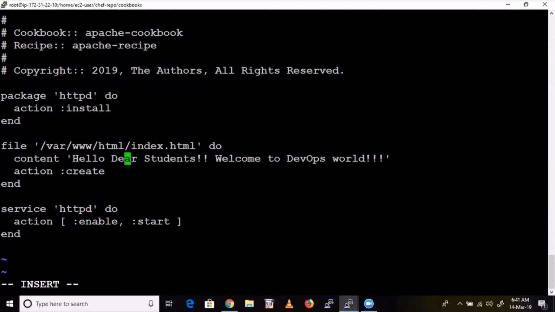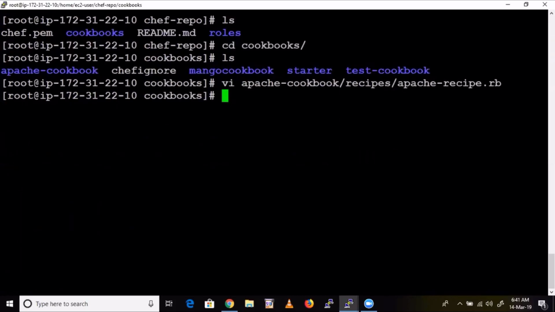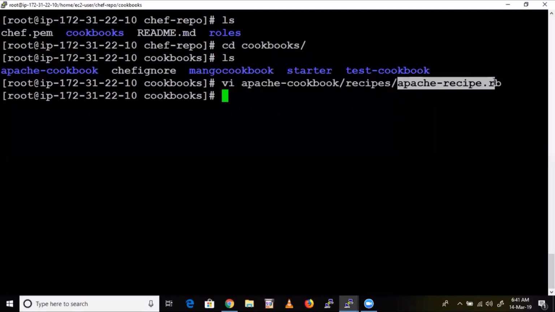So here what I'll do, I'll give good morning. Okay, so I have modified the content. That means just assume that today you have created this cookbook. Now here the main recipe is the Apache F1 recipe. Now if you want to run this recipe in all nodes, that means you want to make all those hosts web servers. Fine. So for that, what we do,